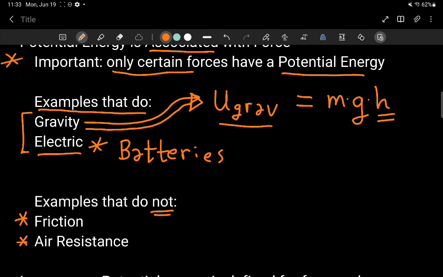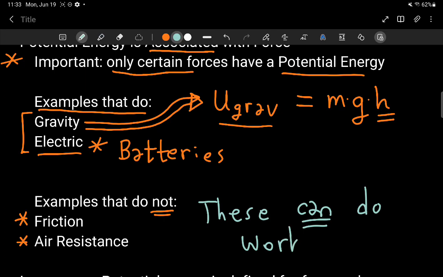So those are examples where there is no potential energy, but it's important to note that these can do work. Just like gravity and electric forces can do work, friction and air resistance type forces can do work as well, but only